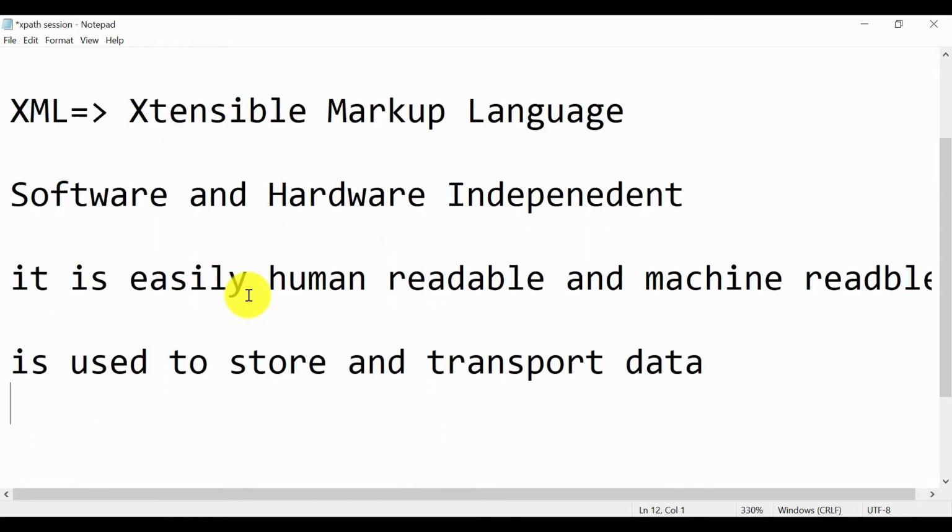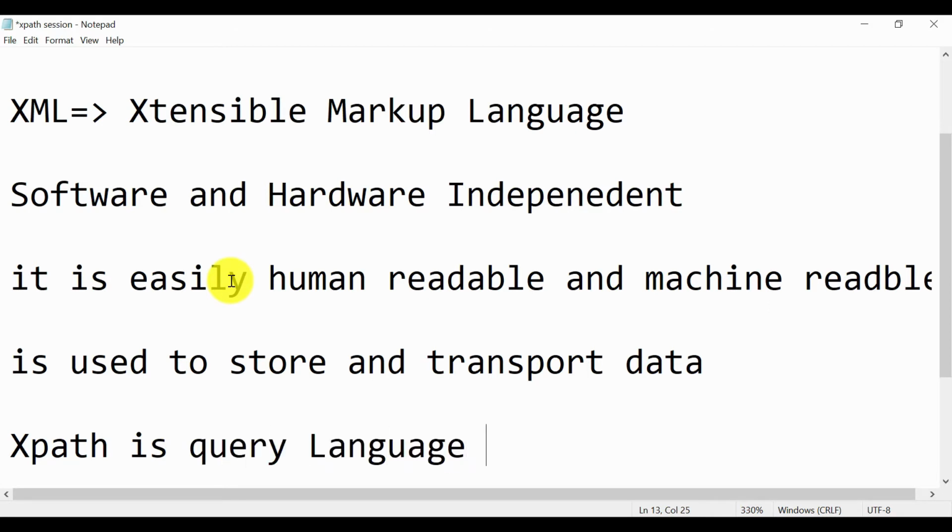In the Selenium framework we use testng.xml or pom.xml; these are examples of XML. XPath, we can say, is a query language to get data from these XML files.